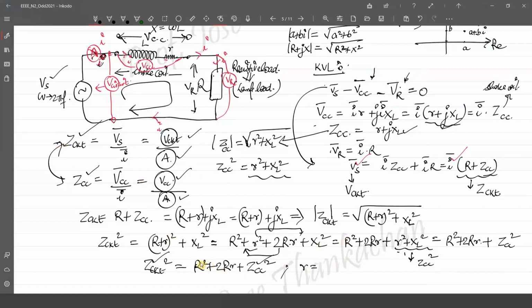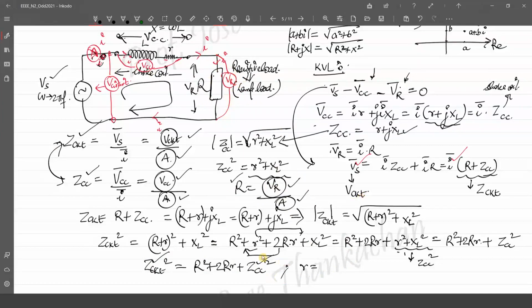Because what is capital R? What is capital R here? Capital R is the total load resistance. And how to find out that value? If we connect a voltmeter across the resistance, capital R is nothing but this voltmeter VR divided by the ammeter A, isn't it? Same current flows through this, so the same ammeter reading here. So these are known to us, that means capital R is known to us.